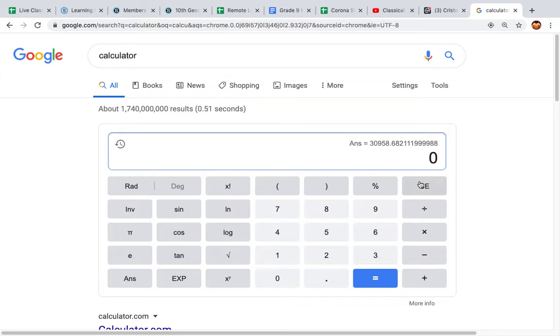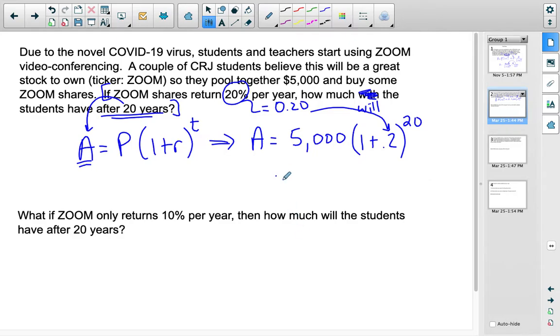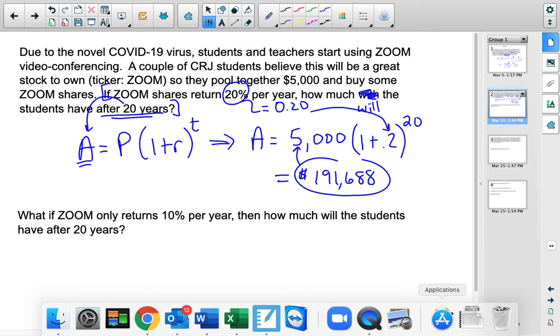So 5,000 times 1.2 to the 20. And we get, holy cow, 191,688. Based just on an initial investment of 5,000, obviously 20% in 20 years really shows you the power